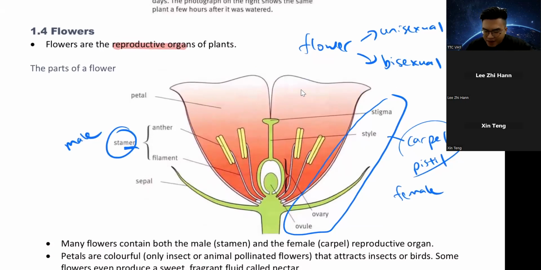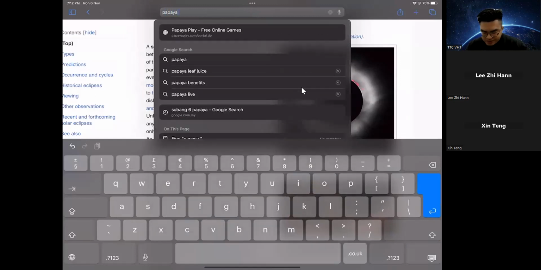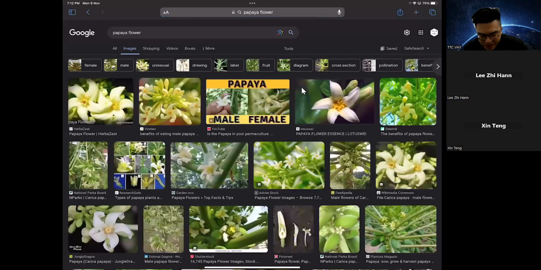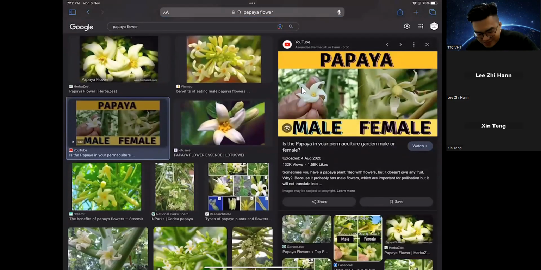Okay, like for example, papaya. Okay, let me show you this. Papaya flower. Okay, there, papaya flower. You see? Male and female. This is unisex. That means if you put two papaya trees together and they are both males, 两个男子在一起, both male flower, you will not see any fruits. Fruit is the baby. 水果是孩子吗? No fruit, cause male cannot reproduce 嘛。